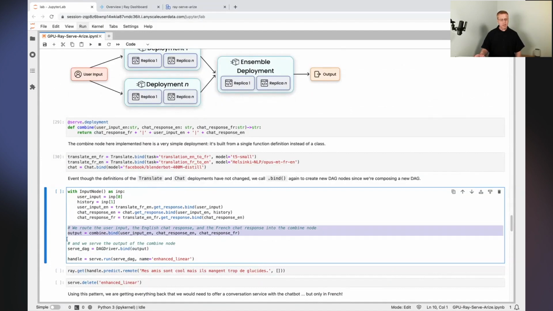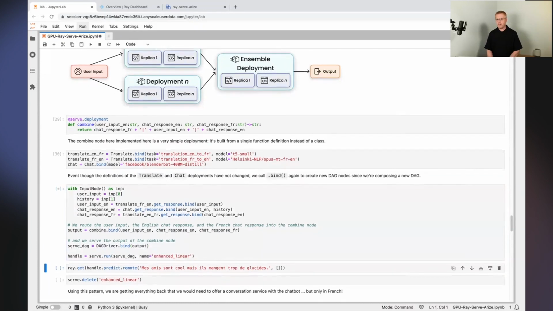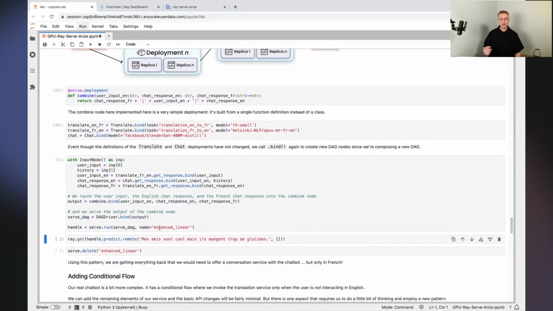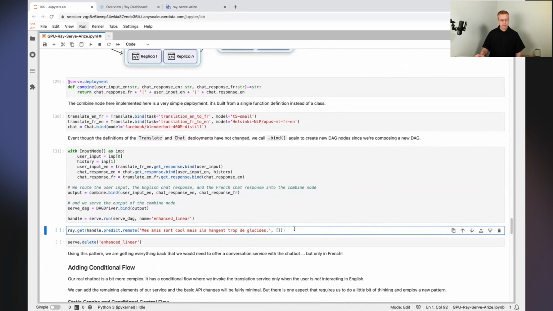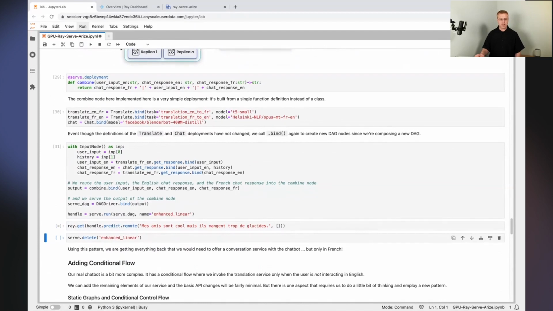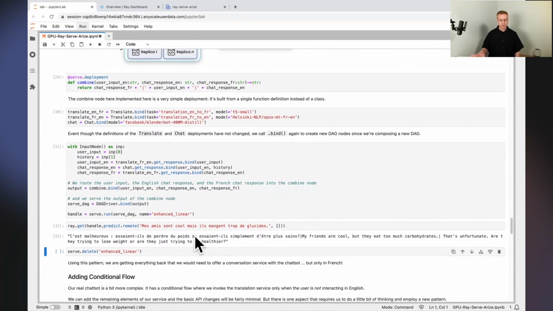So I've got some nodes here, and then I'm going to wire everything up with the same pattern we saw before. The new piece here is this line that I've highlighted. So we're going to do a combine.bind, so another bound deployment. We're going to feed in the data from the user input English version, the chat response English version, the chat response French version, and we'll get one output, which we then launch. We'll call this thing enhanced linear over here. And the names are just so that we can find these applications by name later if we want to delete them or adjust things. And this will take a few seconds to deploy,